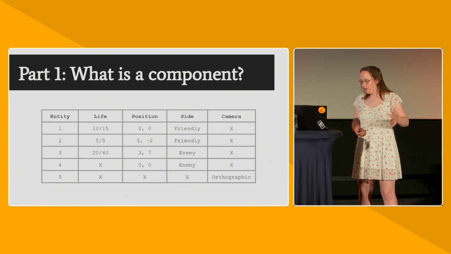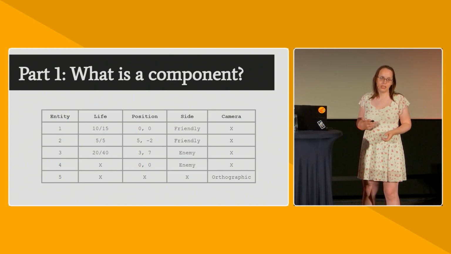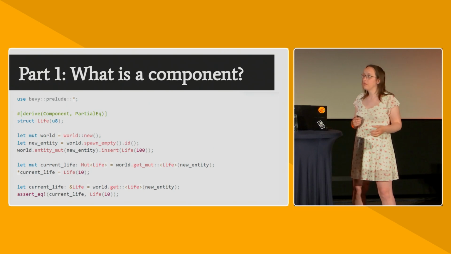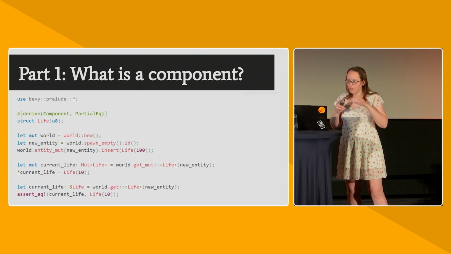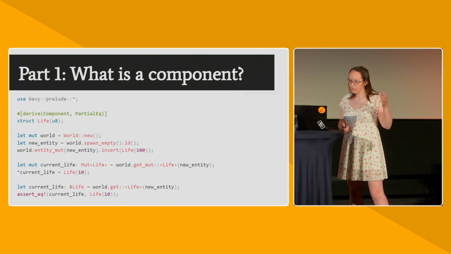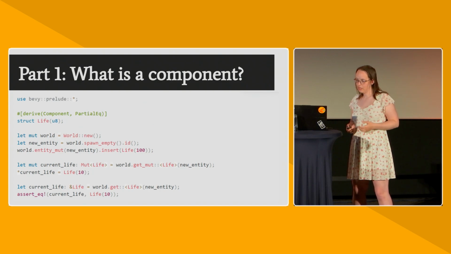And then you have systems which run periodically, or whenever you tell them to, saying please read from these columns and select from, filter, join, whatever, and then update the values as I tell you to using normal Rust code. And for the purpose of this talk, the component part is the most important thing to focus on. If you have data of any type that implements the component trait, you can store it inside of the ECS, and each component is stored on a specific entity.